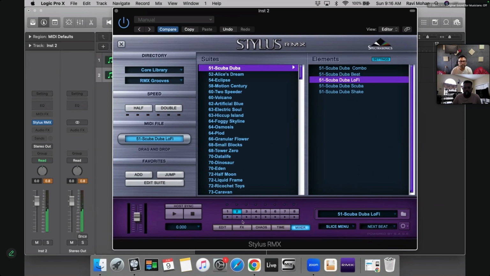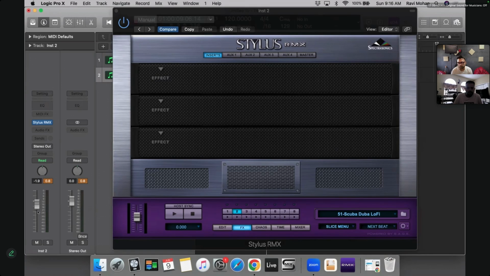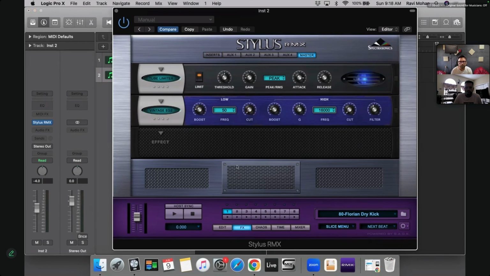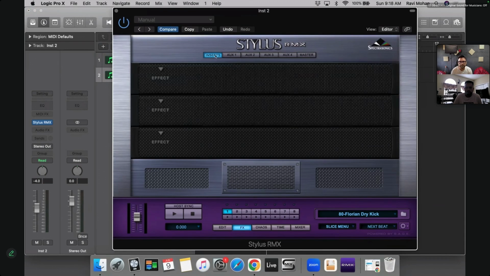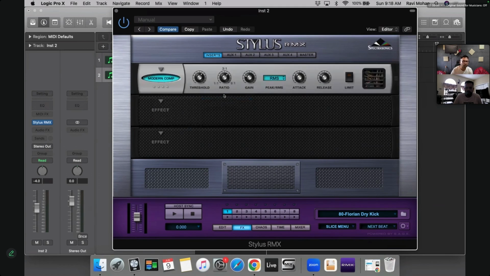okay, now let's say I want to put some effect on this kick. Let me just trim the volume of the RMX a little bit. So come here, inside the inserts, let's put a modern compressor just for this kick.